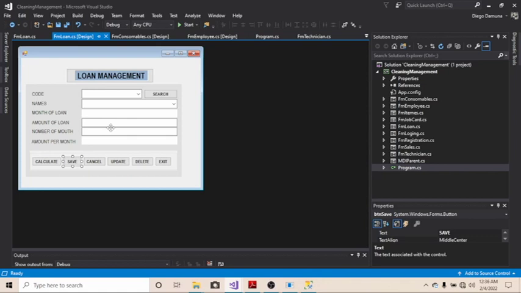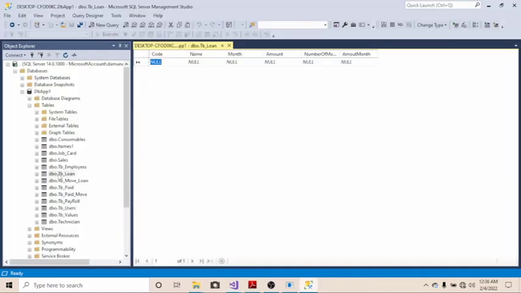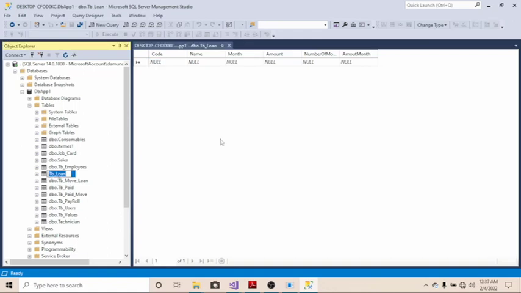So this is the logic. Once someone took a loan and we click on calculate, it gives us all the details. Then we have to save that information. But by saving it, we have to save it into the table, like I said, named TB loan. But since the money that has been taken by that employee has to be paid over